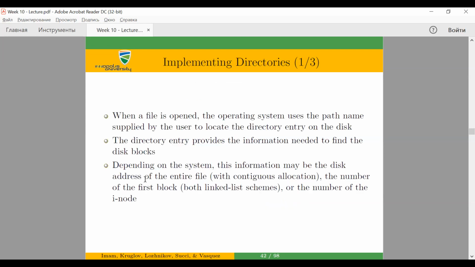Okay, so when a file is open, the operating system, using the path name supplied by the user, locates the directory entry on the disk. The directory entry provides the information needed to find the disk blocks. Depending on the system, this information may be the disk address of the entire file with contiguous allocation, the number of the first block, both linked list schemas, or the number of